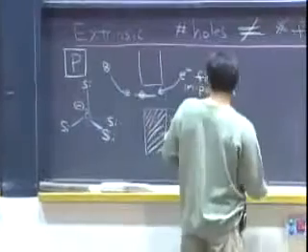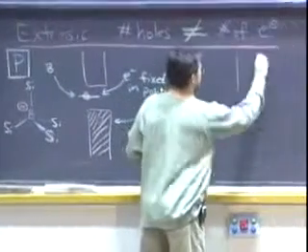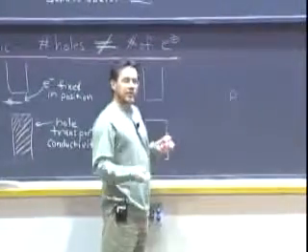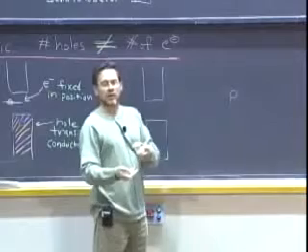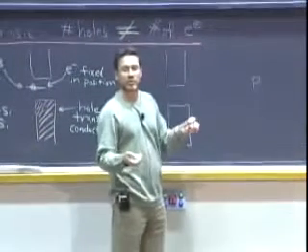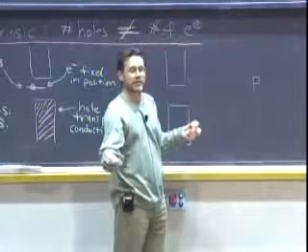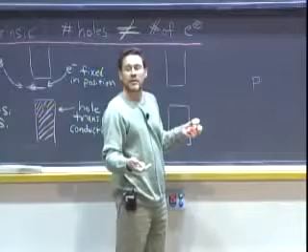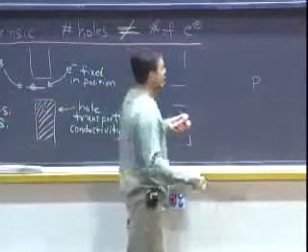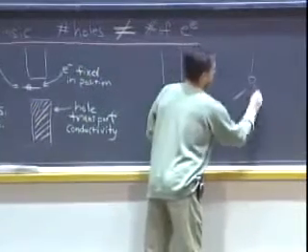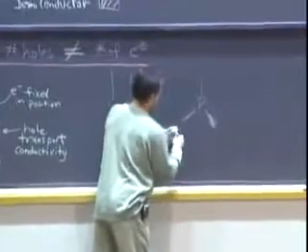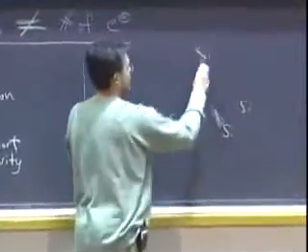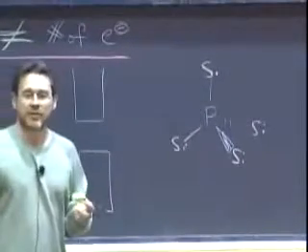And then the parallel situation to that, it would be where you have something that you dope into the structure that has one more electron than what's normally in the structure. So normally you're putting in silicon atoms, each of which has 4 valence electrons. So you put in a phosphorus atom, which is nearly the same size as silicon, but it's got 5 valence electrons. So you have this phosphorus in here, and it is tetrahedrally coordinated to 4 silicons, and there's only a few percentage of phosphorus atoms doped into this